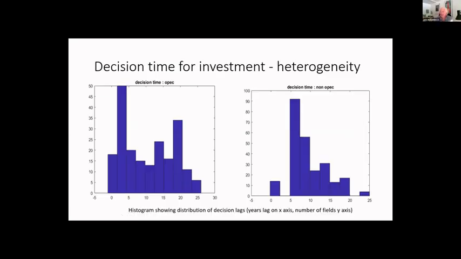Again, look at the decision time when people decide to invest. So these are the number of projects. This is OPEC. So you've got a long period of deciding when to invest and how. And for the non-OPEC, it's a little bit shorter because you have to develop them more quickly. And so they're different pressures. You might say that the non-OPEC are saying we want to get a field if it looks like there's money in it to develop it.